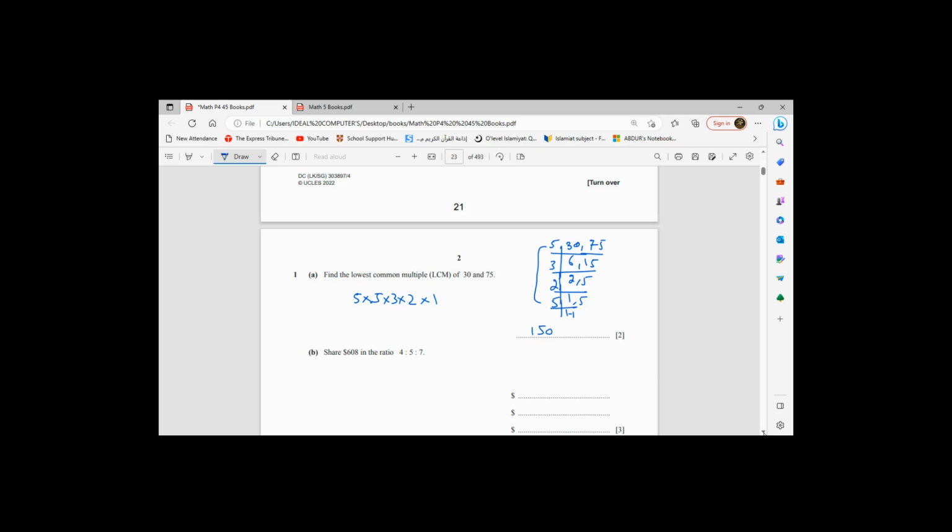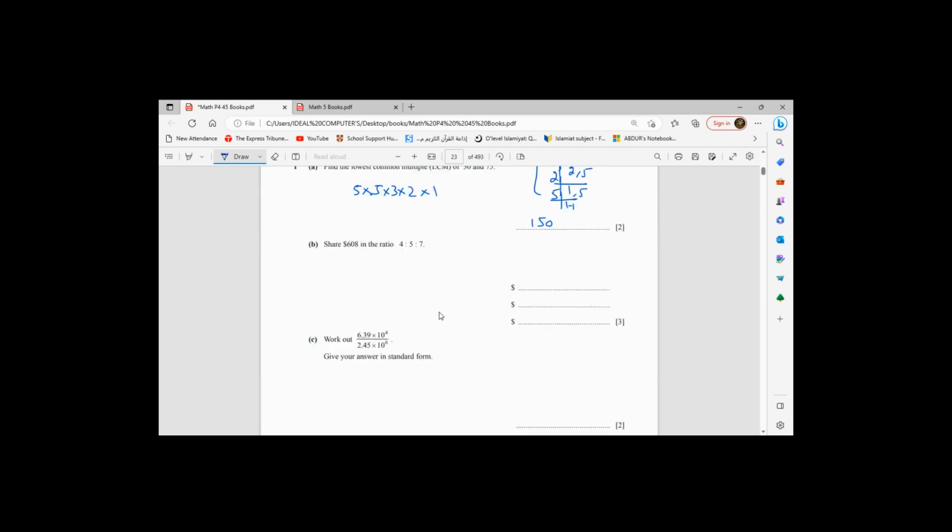Now B part, the ratio is given to us, 4 ratio 5 ratio 7, and the amount which I have to divide into this ratio is $608. So I will just start with the first ratio, that is 4 divided by the total ratio. Total ratio is 16 times multiplied with 608. So I'll use a calculator for it. That is 608 times 4 and then divided by 16. So I get